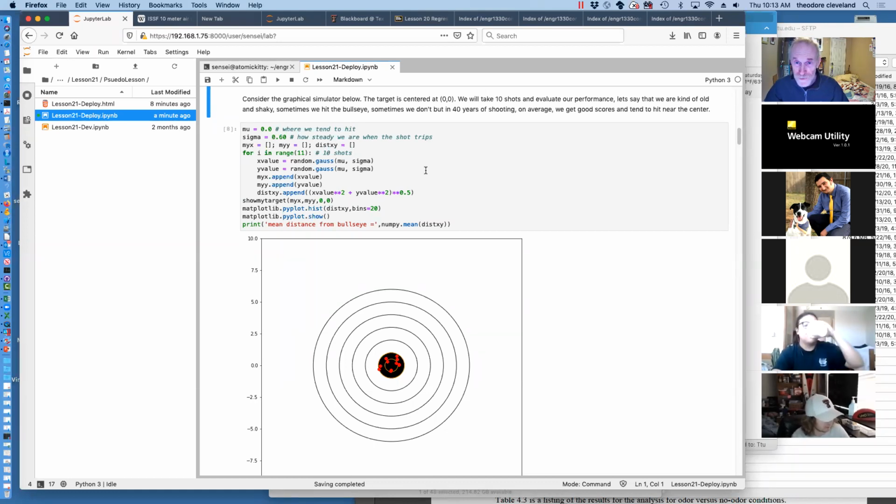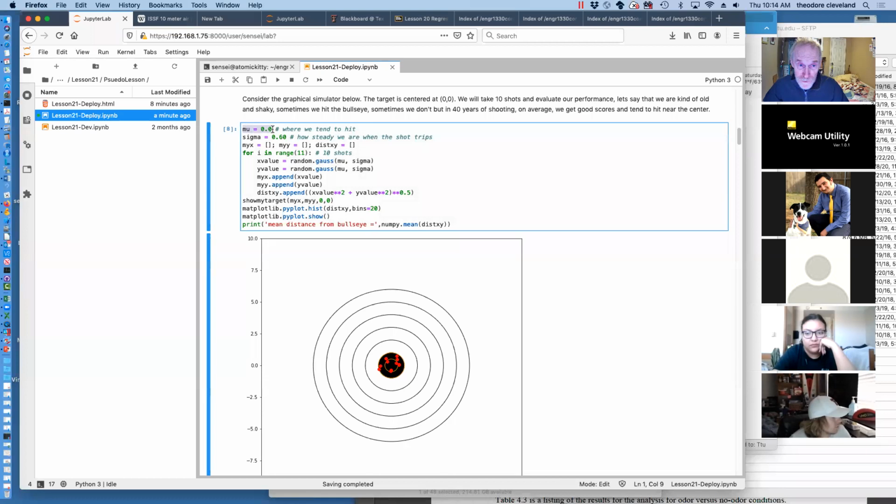So here we have a target below. It's the picture centered at 0, 0. We're going to take 10 shots and evaluate our performance. Now let's suppose that we're kind of old and shaky, and sometimes we hit the bullseye and sometimes we don't, but over 40 years of shooting, we've gotten to where we're getting good scores. And we will represent our